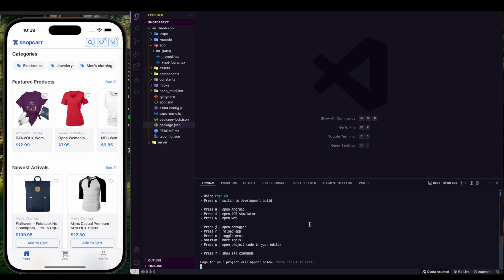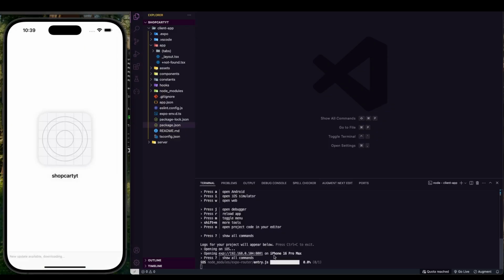So now I want to run it in my iOS. For Android, you just press A. For iOS, just press I. So it's now going to open that, as my simulator is open, so it's going to just simply run within my simulator. And now, while it's running, as you see, the main basic understanding is that my app is going to hold all of my routes,